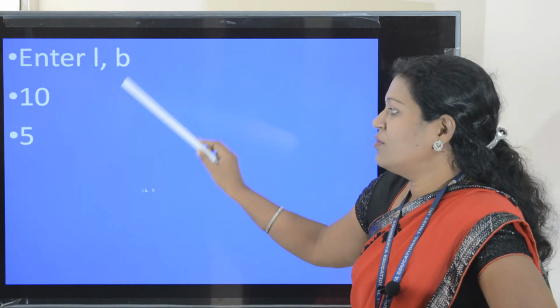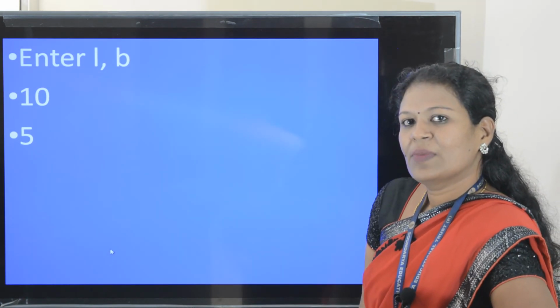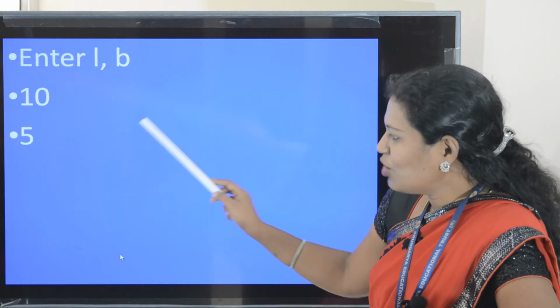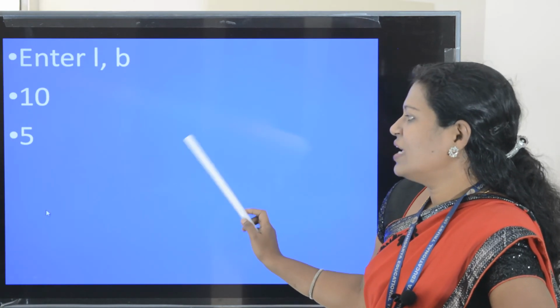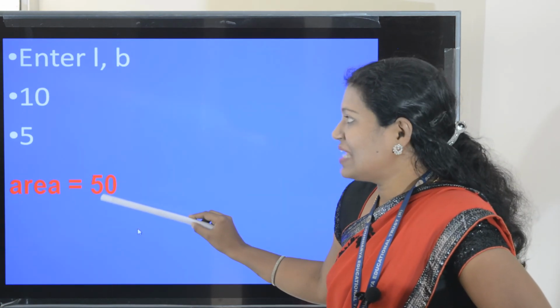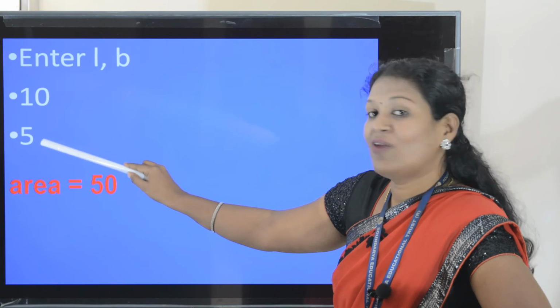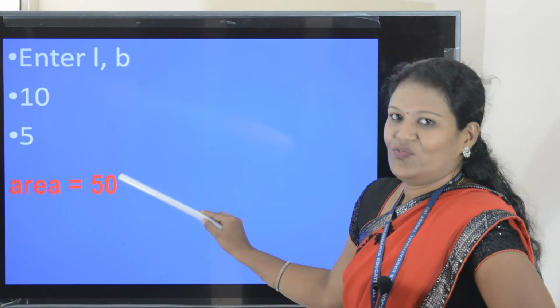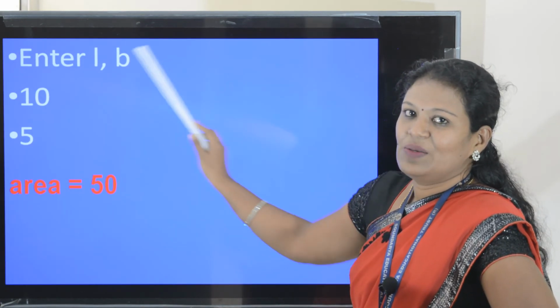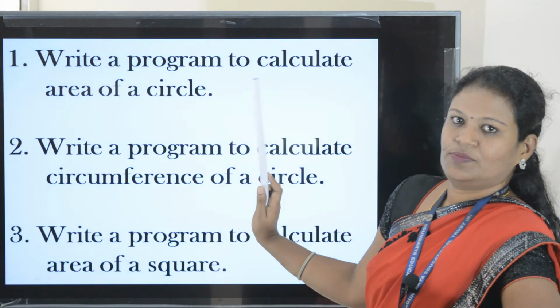Next we will be getting the output. Can you guess what the output of this program will be? You will be getting the area. Area is equal to L into B, that is 10 into 5. What is the answer? 50. So this will be our output screen.